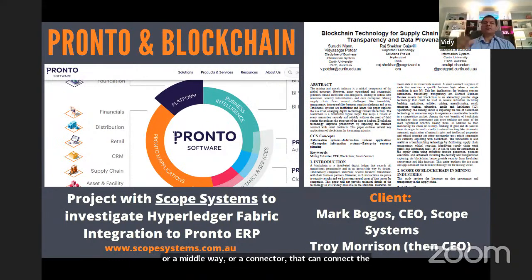You can also think of this as an example of interoperability, because we already have one software, which is Pronto, and we have a blockchain, which is Hyperledger Fabric, and we have to connect those two. Any information that is captured via Pronto has to go to the blockchain, and any changes that we make or record on the blockchain can also be sent back to Pronto. That kind of interconnection, interoperability between these two platforms is very important and a very practical application.